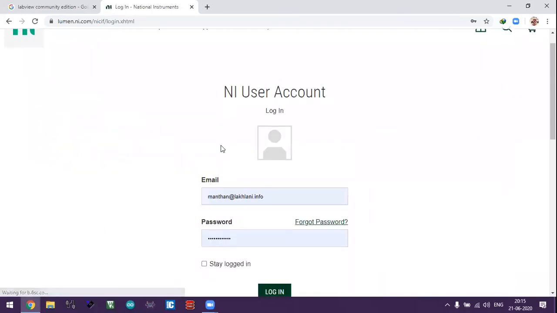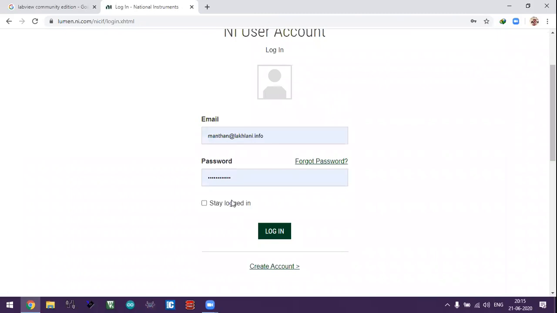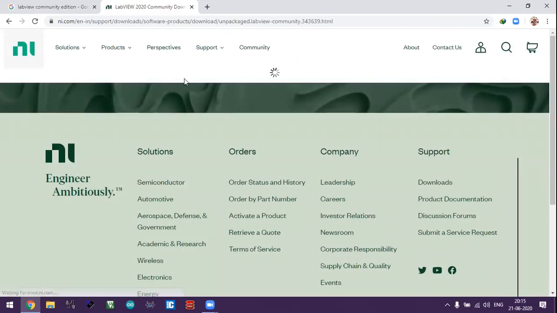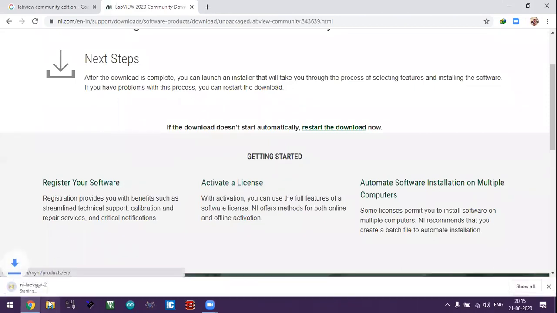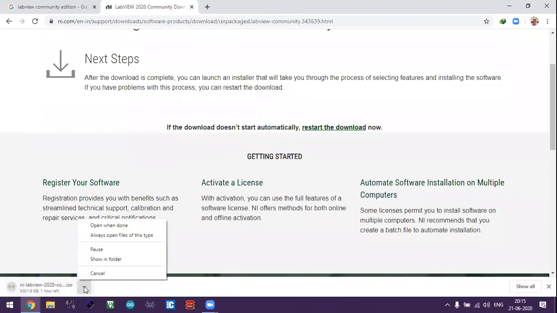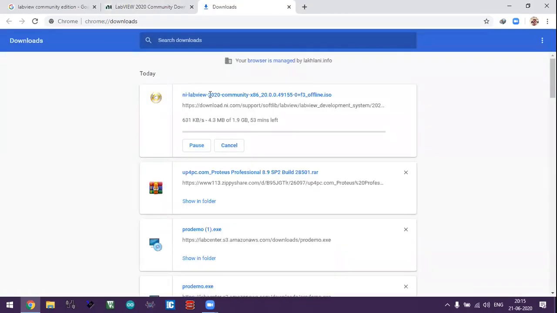They will email you, and you can just log in. Then it will automatically download the file in zip or ISO format. You can see over here, it is downloading NI LabVIEW 2020 Community Edition x86. Basically, it is a 32-bit edition, so it will download this file.